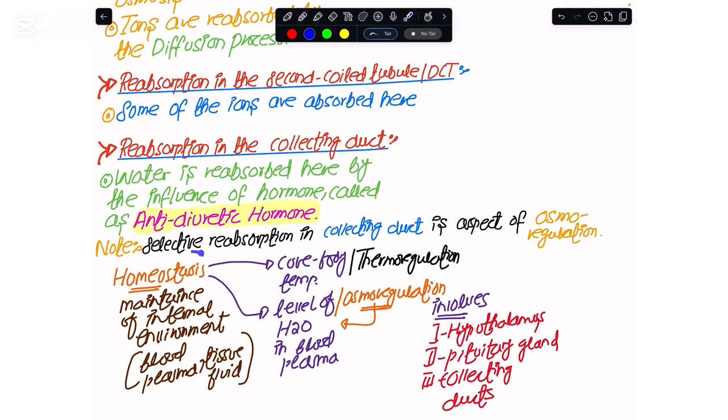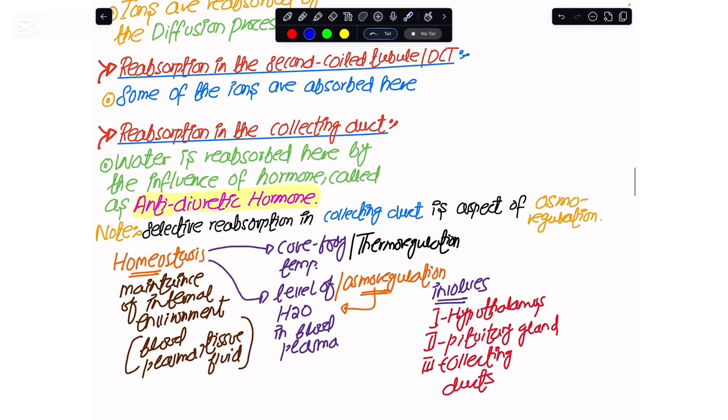You see, by homeostasis, what our body does is try to maintain the internal environment of our body constant, like the blood plasma environment and the environment within the tissue fluid, in the context of temperature and in the context of the level of water. So this is maintained by homeostasis. So the water reabsorption here in the collecting duct is an aspect of homeostasis that we are specifically referring to